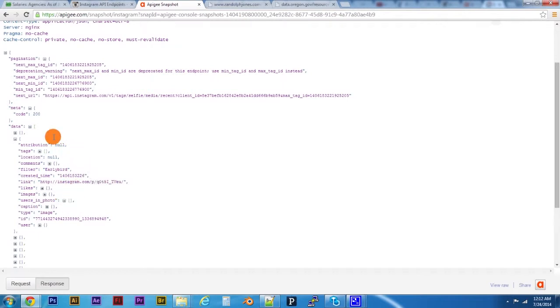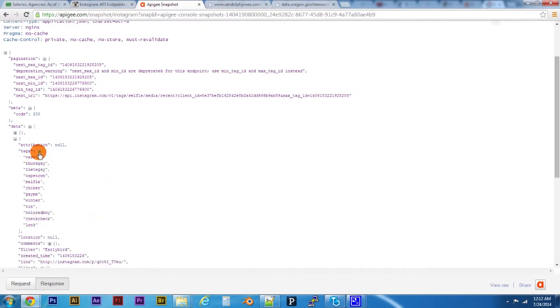So this is one of the reasons why we use JSON, and these are comparable to, for example, attribution tags. These are called keys, but really they're comparable to what you may know as a column value, something that would be a description of what's contained in the data, right? So this is a column called attribution, this would be a column called tags, and then inside of that you have